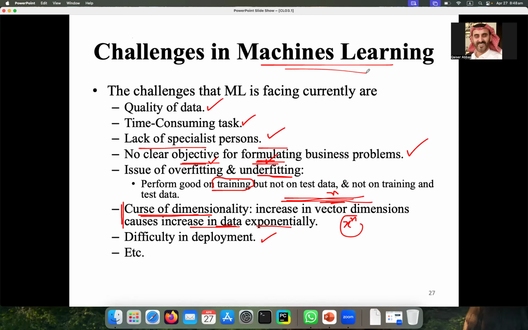So this is called deployment. Some models are very easy, but when you are going to deploy these models, you will also face difficulty, etc. So these are the general statements that you can say about machine learning.